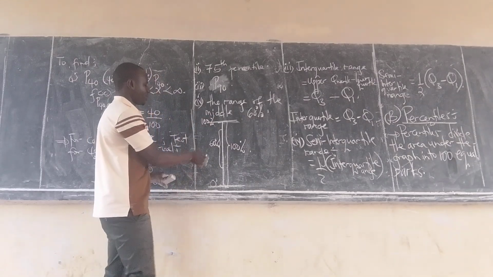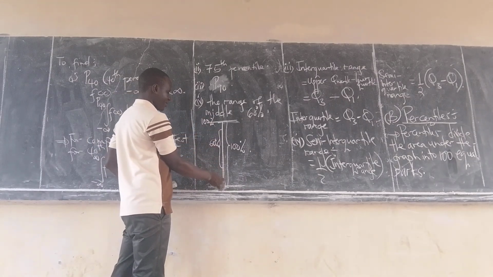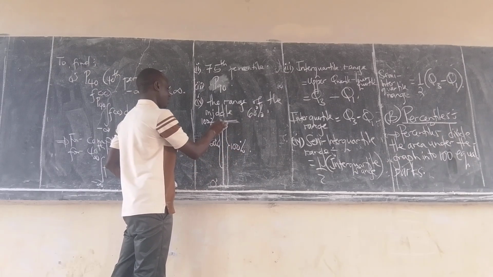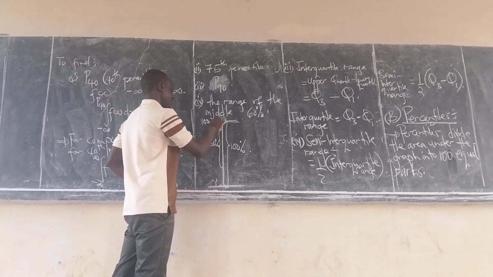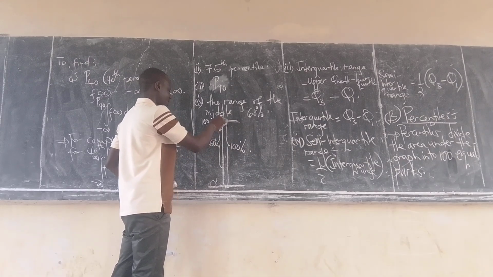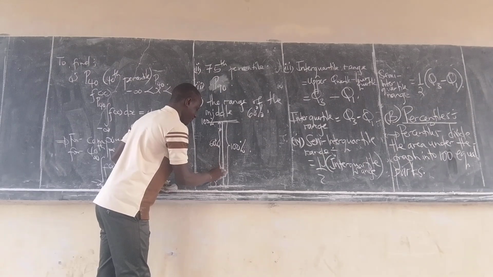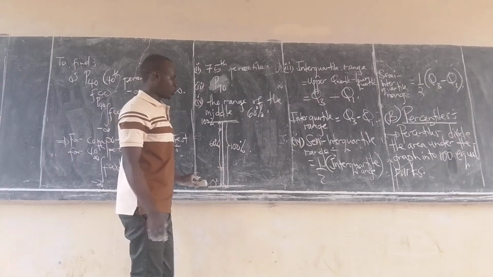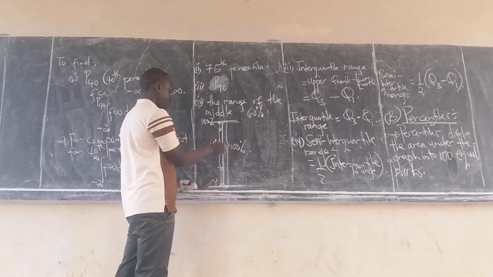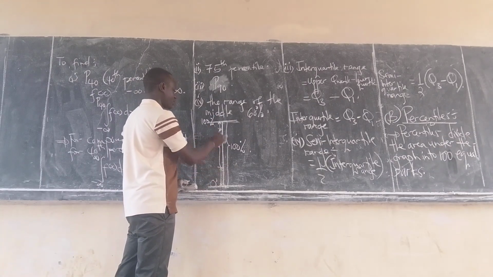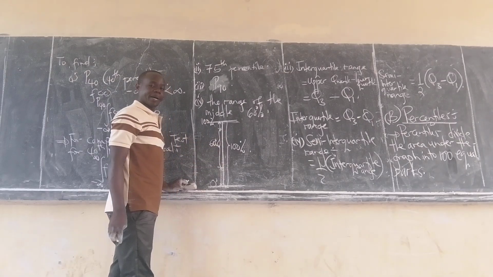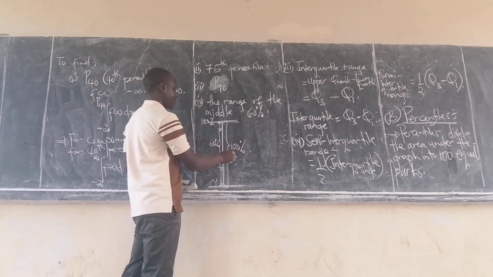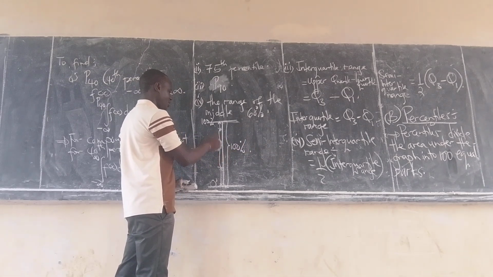So since this is the middle 60%, and from here up here it was initially 100, it means the gap from here to there must be the same gap from here up to there. This is a bit technical. So from here to here, it is equal to from here to here, because this is the middle 60%. Now, because the middle percentage must be 100, it means if we take away this middle 60%,